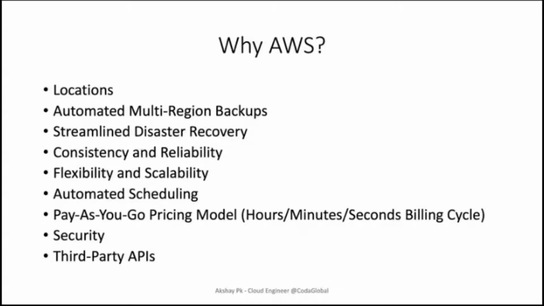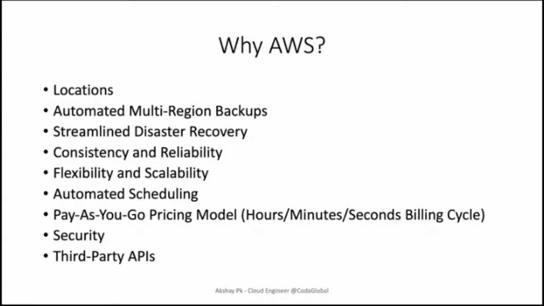Let's move on to see some of the reasons why you need to use AWS. It's mainly depending on the location, because AWS has a lot of locations, at least around 23 geographic locations. I think they recently introduced the Africa location. Then you also have automated multi-region backups. The more we deep dive into certain AWS services like EC2, S3, or RDS, you'll be able to see how these automated multi-region backups can be done. And we have streamlined disaster recovery, where you can configure an active-active configuration with your disaster recovery region, or you can go with an active-passive configuration, and you have routing policies regarding the same. We'll talk more about those.